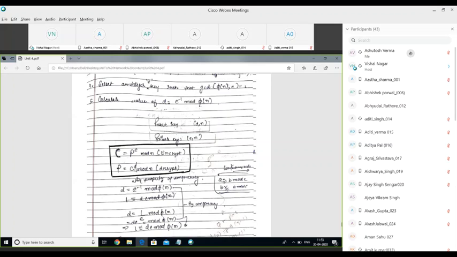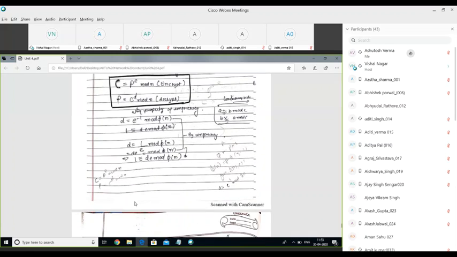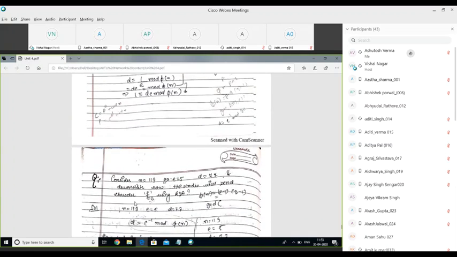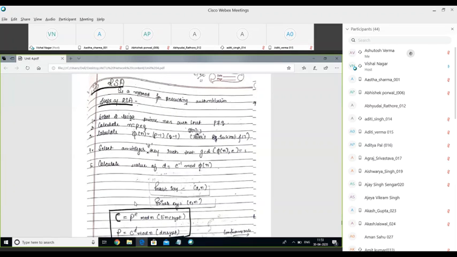Here we are also explaining the properties of that mod function. If you want, I can repeat this topic. RSA is an important algorithm. It comes in the examination also.